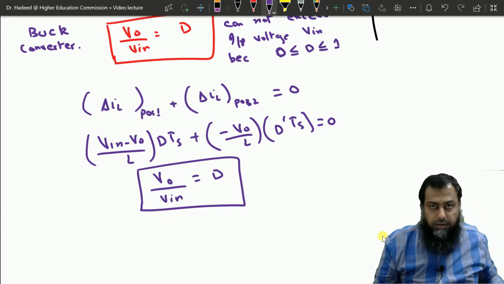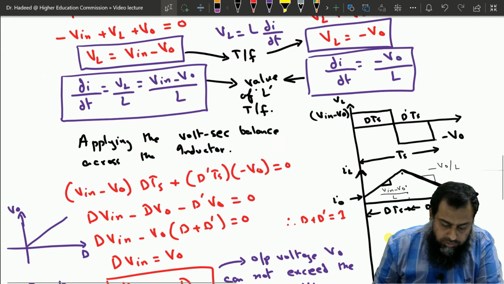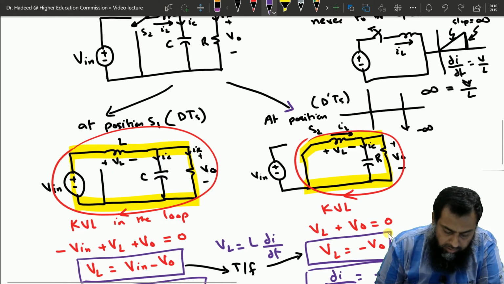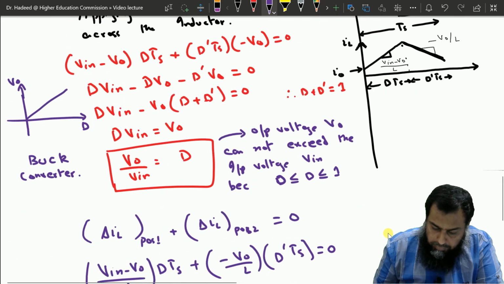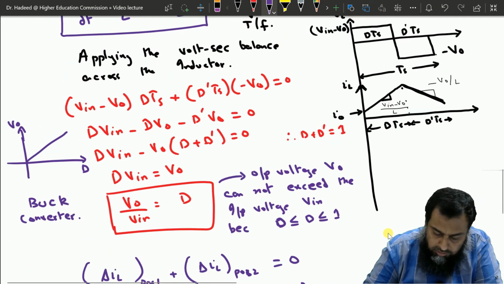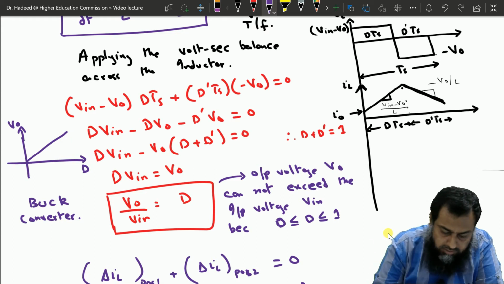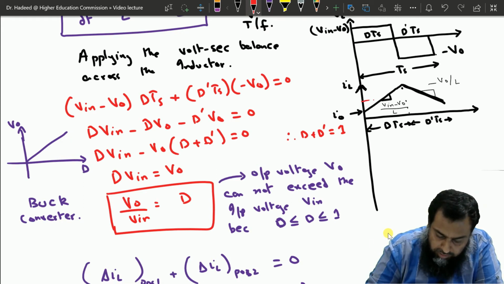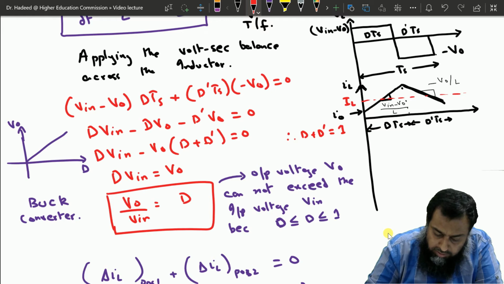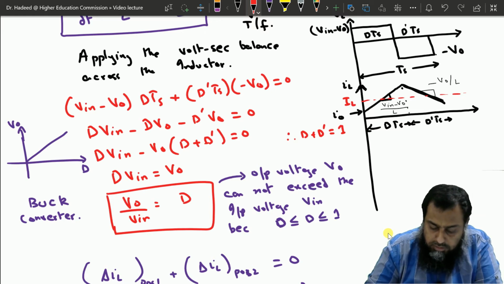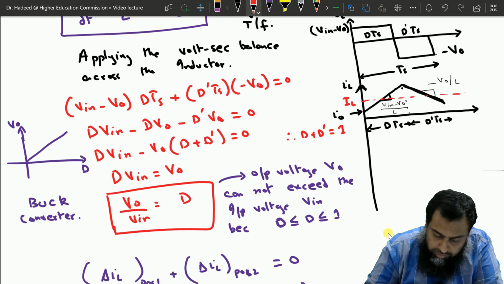Now let us find out the value of this inductance L and this C. So if you see here, this inductor current has some average value as well, which is IL, and the value of the inductor current hovers above and below this particular value, which is known as the ripple of the inductor current. So let us say that